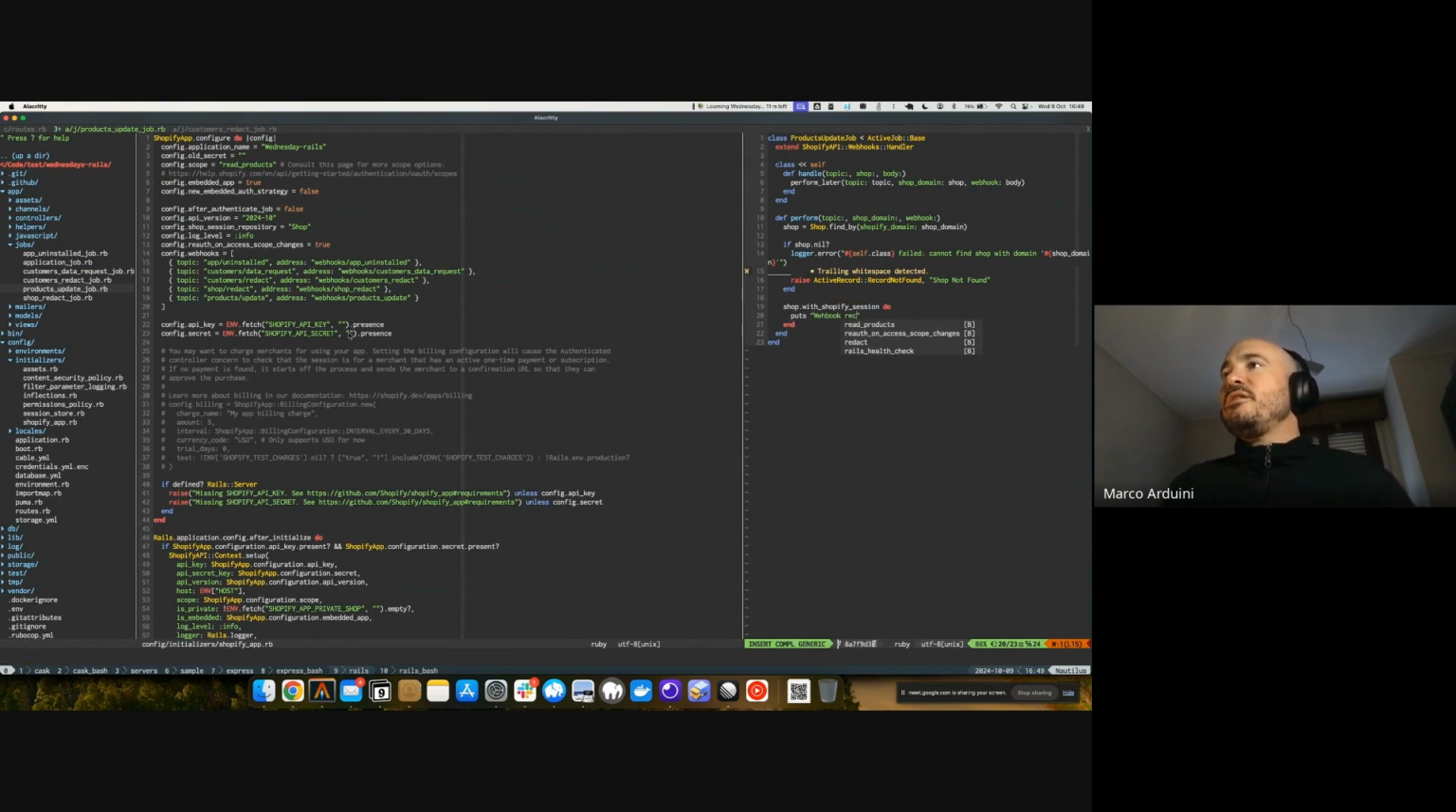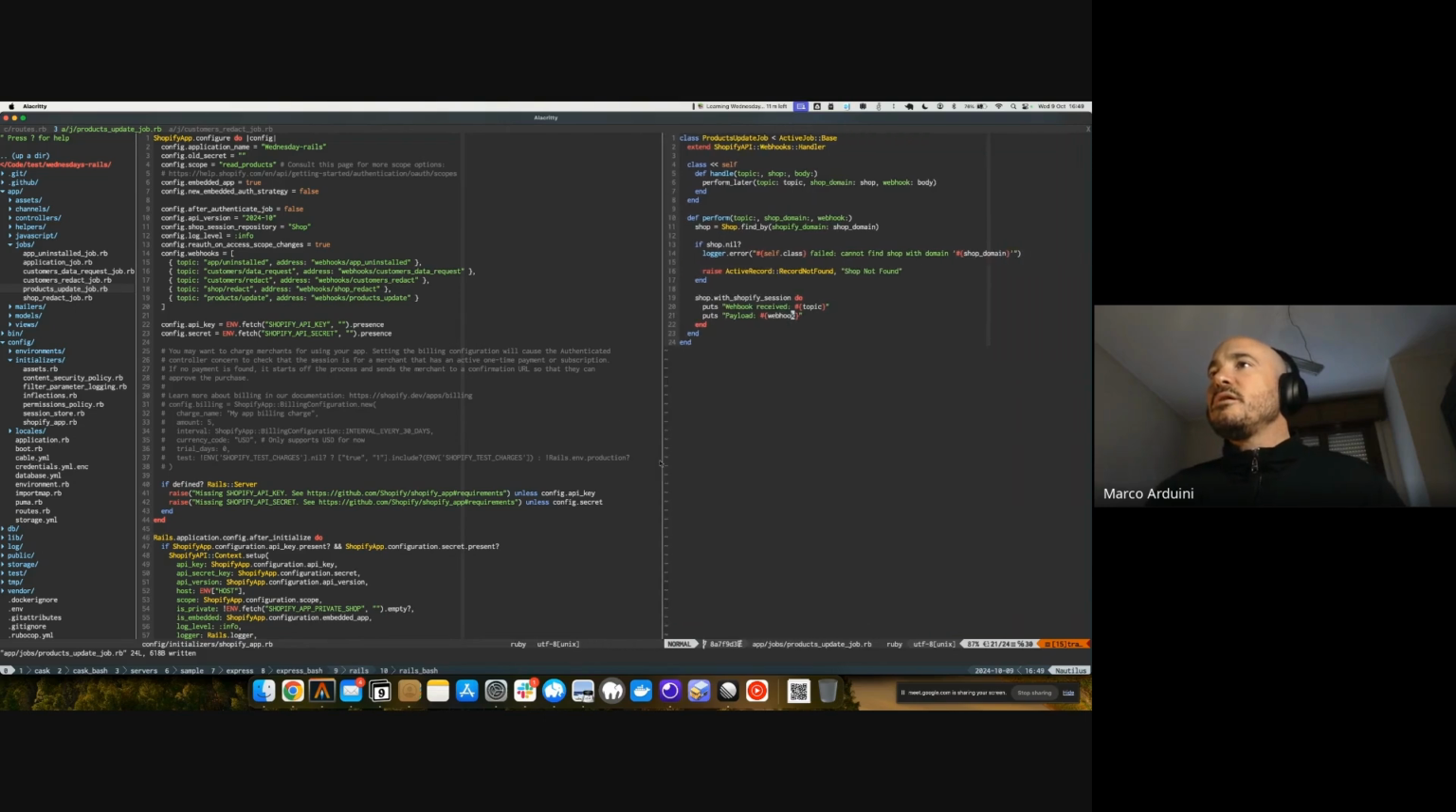webhook receive topic, and we'll also log payload webhook. Okay, some errors here. Okay,